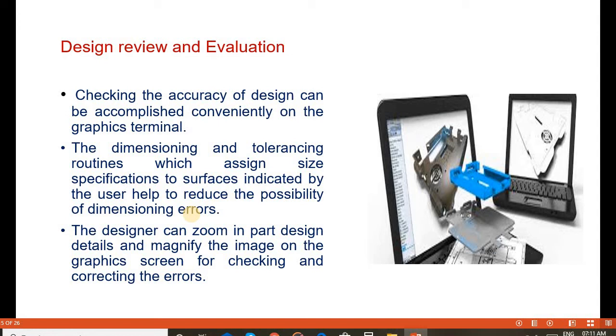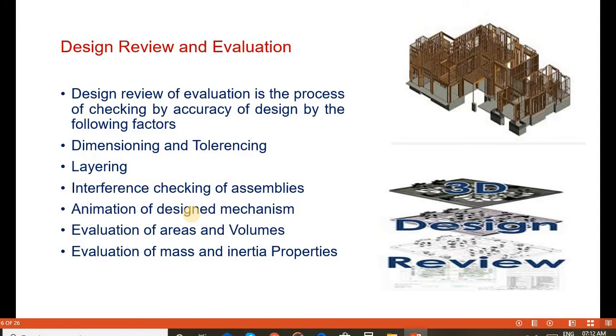We can zoom out of any particular portion of the design, or magnify the image of the product at any scale, which helps accurate checking of the product, and even very small, minute errors can be rectified and reduced.